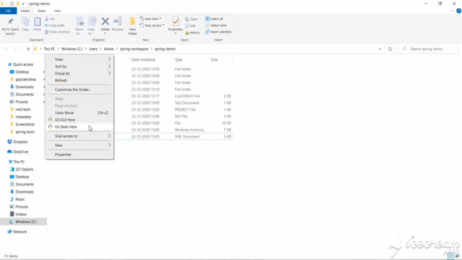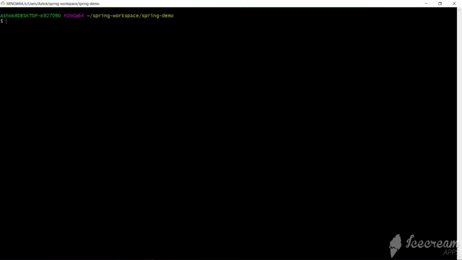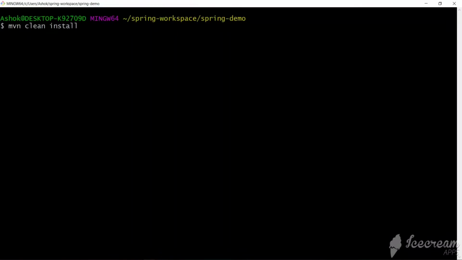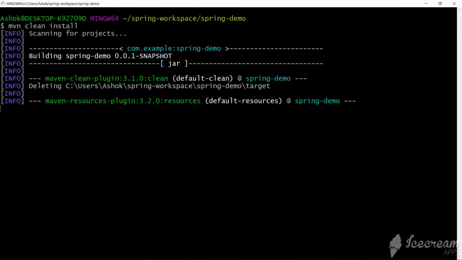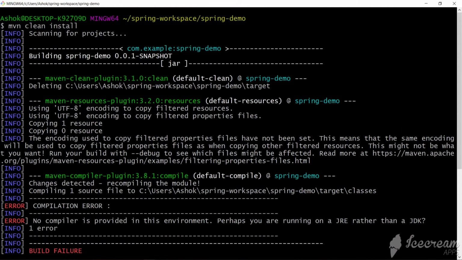Here again open the bash and run the Maven command again, Maven clean install. See, now you can see the Maven command is getting recognized because we have added the bin folder path of Maven in the Path environment variable. We are getting an error, but it is recognizing the Maven command.